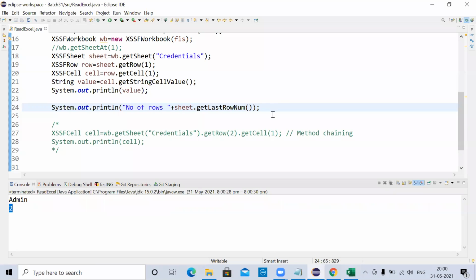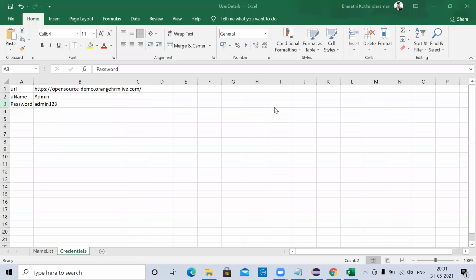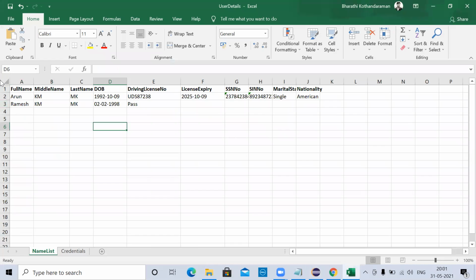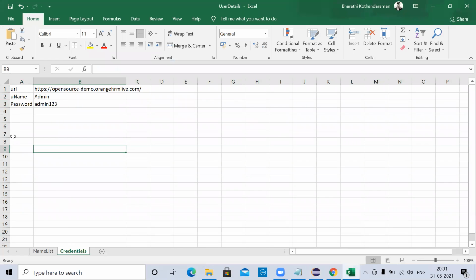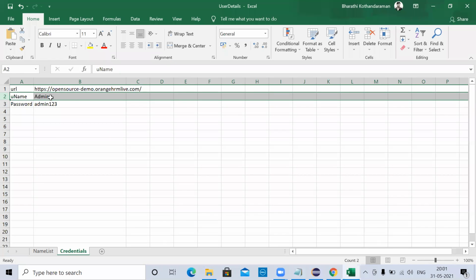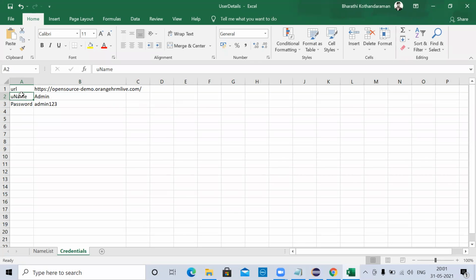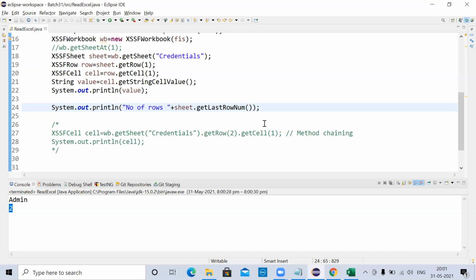So how will you get the number of columns? If you want to get a column, you need to go to this row object. From a row only, you have to say how many columns are there. You need to go to some row. Usually the first row would be your header, so if you choose the first row, that would be a better thing. Or you can choose whatever row you want, but it will go to that particular row and say how many cells are there. In our case, it is 2 cells, 1, 2. Okay, so in our case, it is 2.